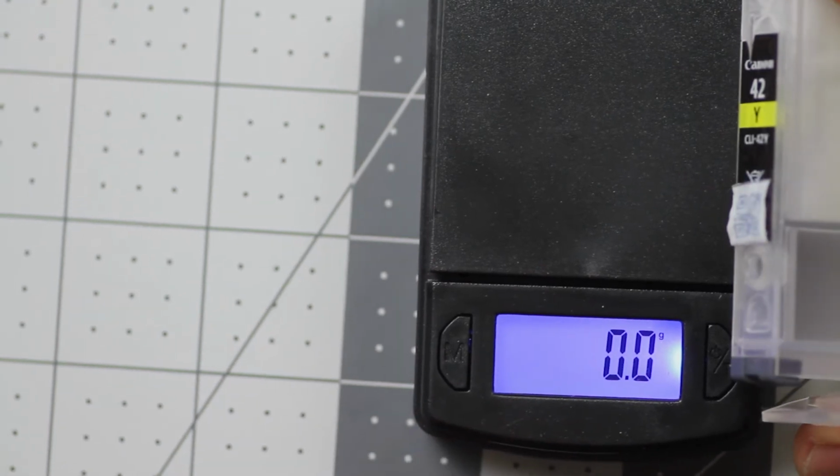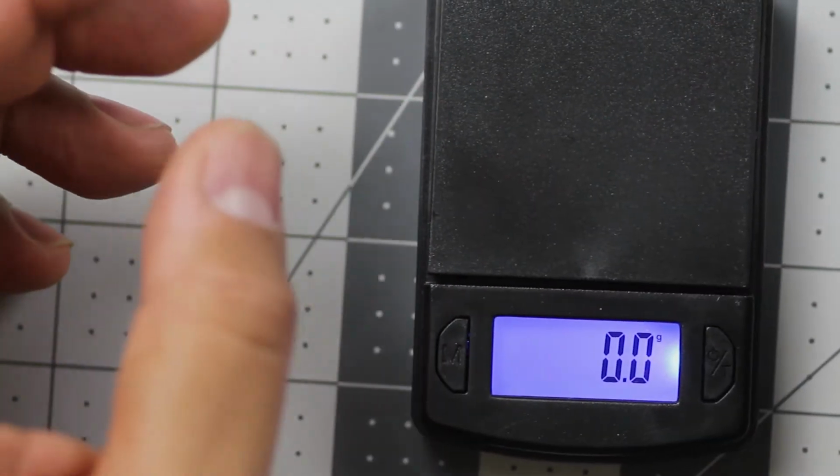Today I'm going to show you the final 3 little steps to refilling a CLI 42 cartridge. I've done 2 other videos. If you haven't checked those videos out, I would strongly recommend that you go there first and then come to this last video. So this is a CLI 42 yellow cartridge, and the first thing we need to do is